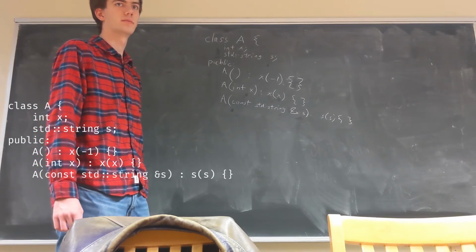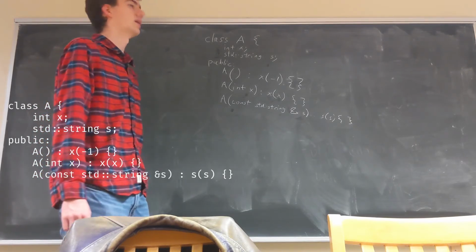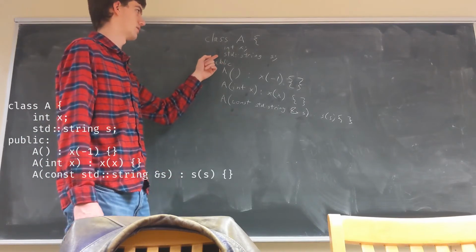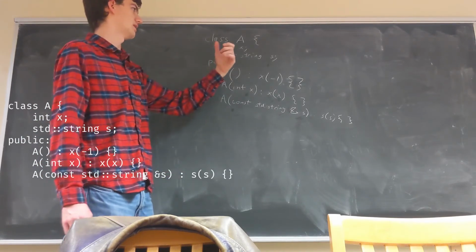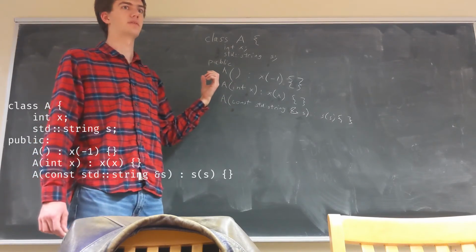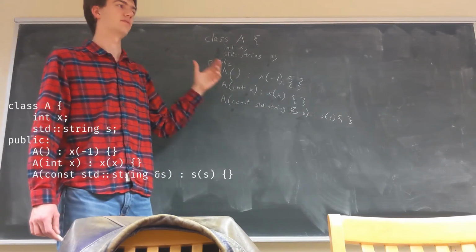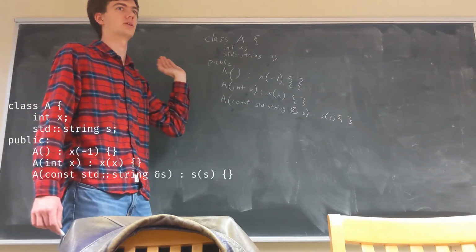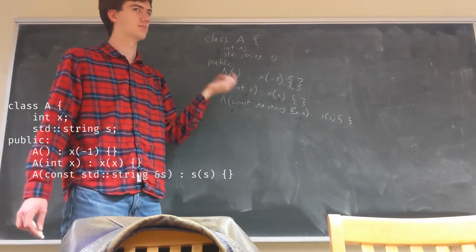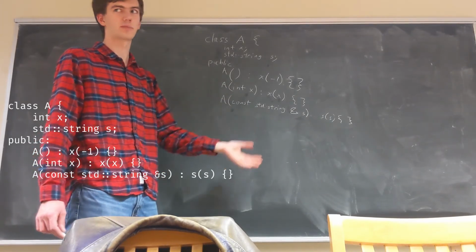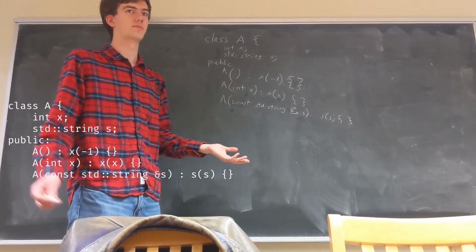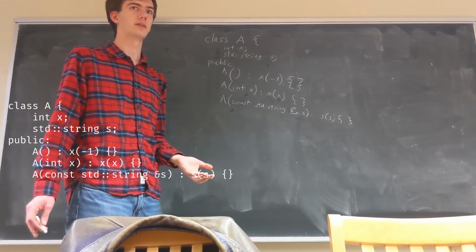Whatever the default integer value is, which is 0. And note that there's only a default value in the context of global variables and fields and classes. If you just have a local variable in a function and you put int x and you don't initialize it, whatever happened to be in that 4 bytes of RAM or register in the CPU, however the compiler decided to figure it out,